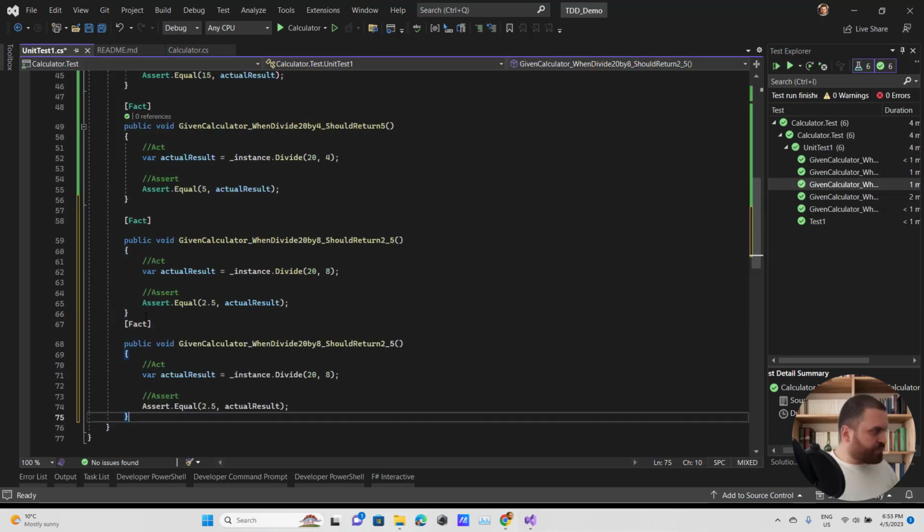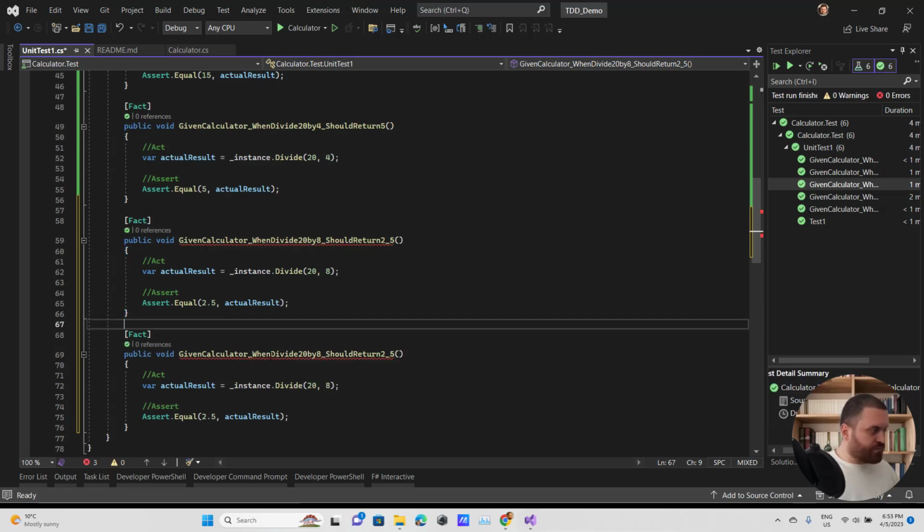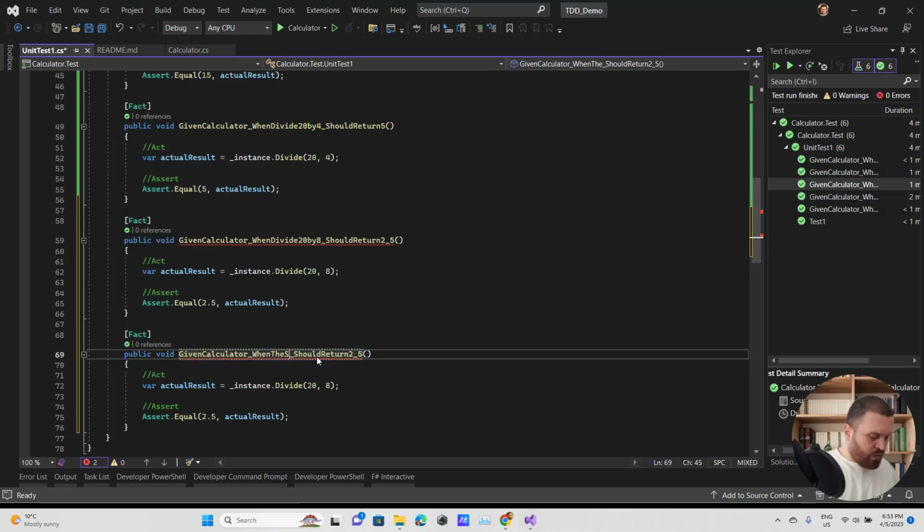Let's go back to the README file, and if the second number is 0, divide by 0 exception. Okay, great. When the second number is 0, should return a divide by 0 exception.